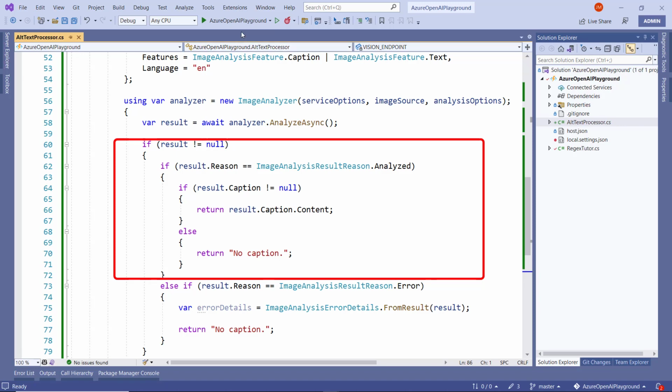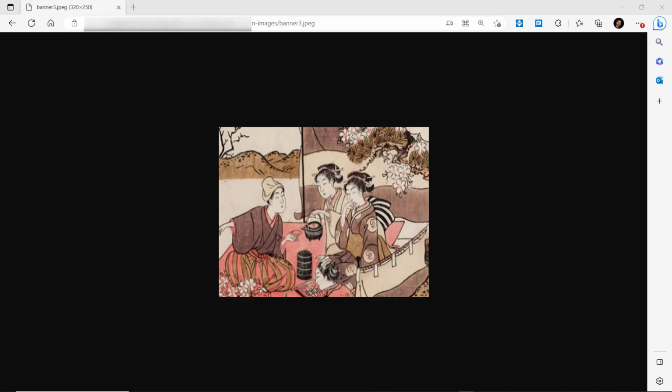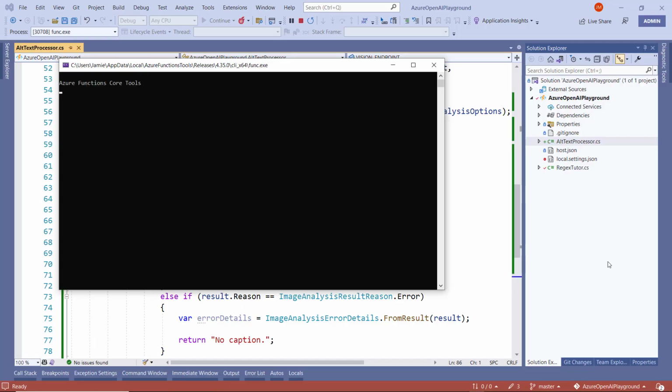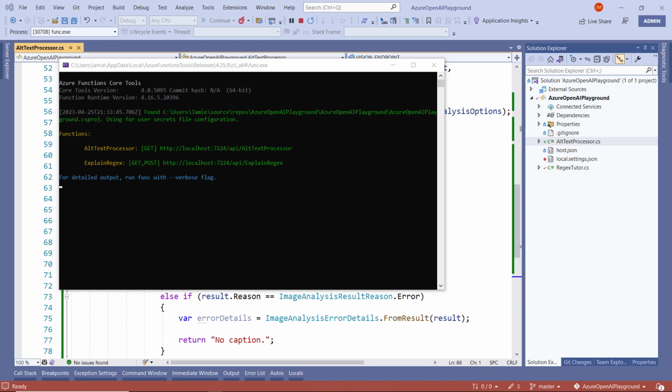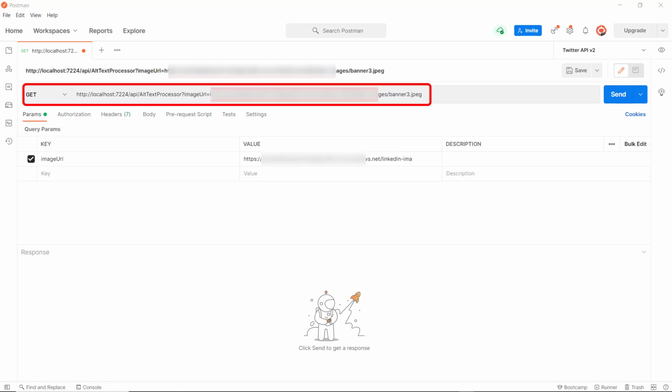Okay, so we can run this Azure function whilst that's building. Just for reference, this is the image that's in Azure Blob Storage at the minute. So what we're going to do is take this URL and paste that into Postman. So the Azure function alt text processor is now running. If we open Postman, we've already got it set here with the get method, and if we click send,